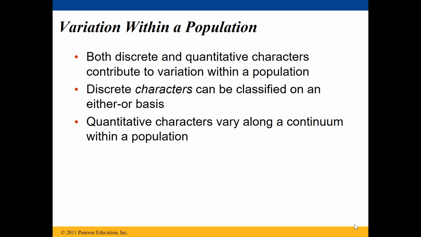Wait, what do you mean P is 100% of the alleles? If there's no Q, then P has to equal 1. So if we add in Q, a second allele, or a third or a fourth or a fifth, they're always going to have to equal 1, because all of our alleles together have to account for 100% of the versions of that gene. But if all we have is 1, it can't change. It always has to be 100%.